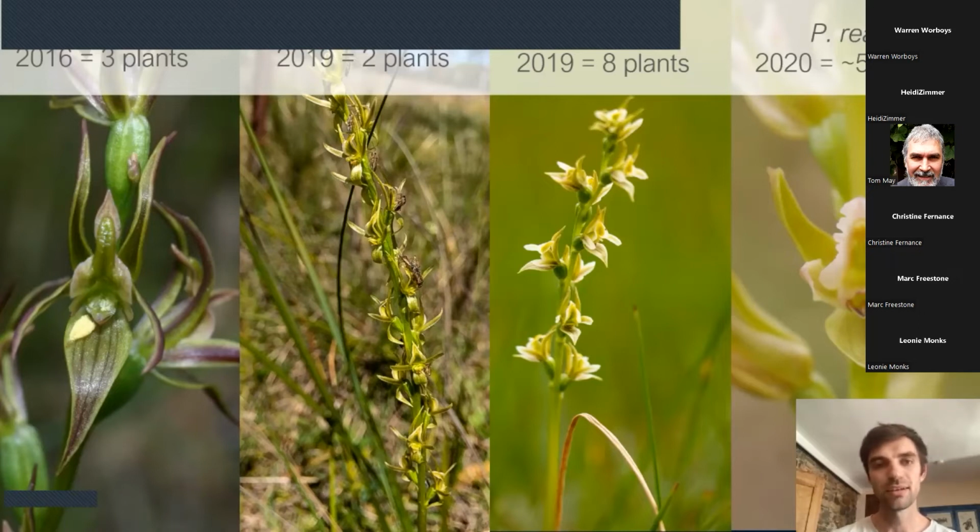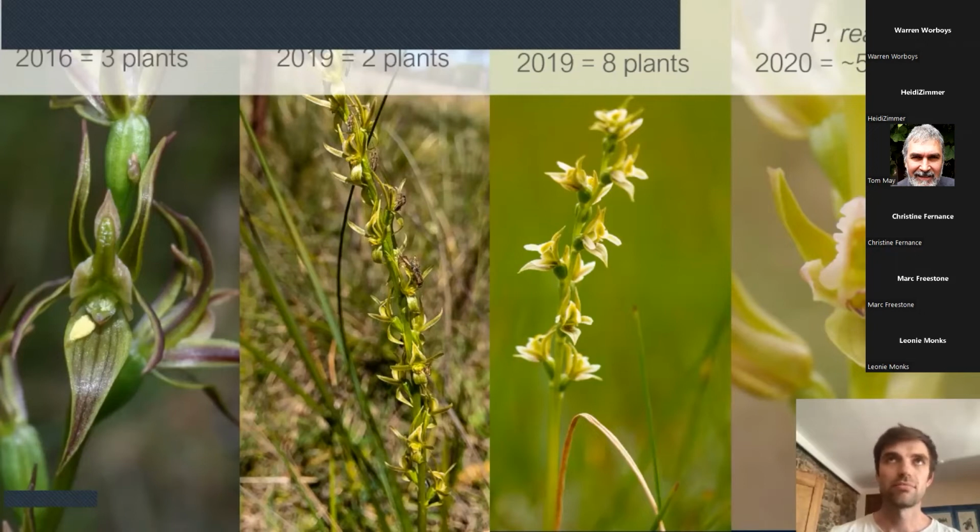And reedii I put in here, not because it's got a particularly tiny population, although there's not many plants, but it's only known from a single swamp on private land that's not protected in any way, shape or form. And it's a really vulnerable site. I could only fit 4 species nicely on this slide, but in reality there's heaps of highly threatened leek orchid species. I could probably spend the whole presentation talking about them all. They're in a lot of trouble.